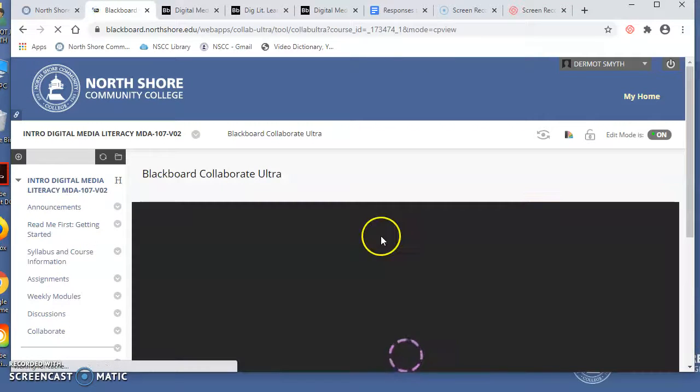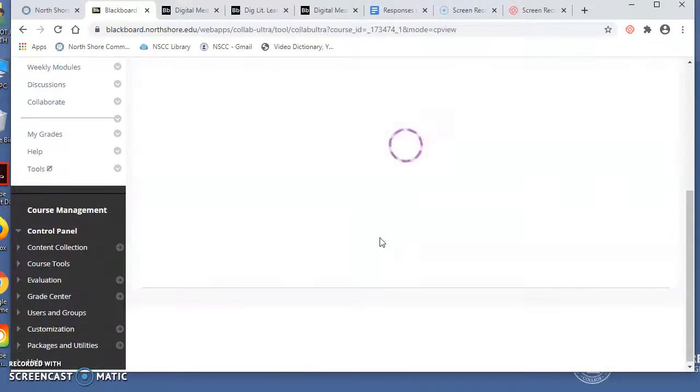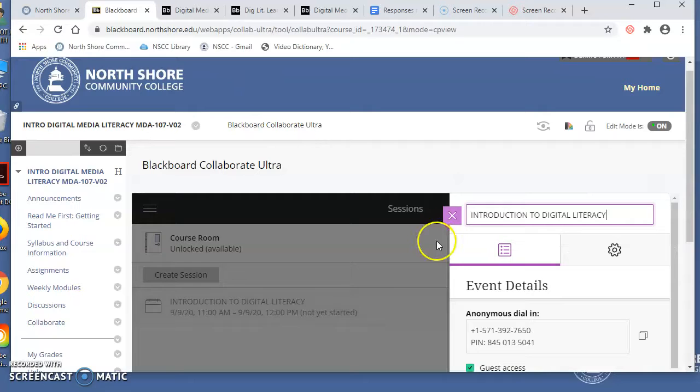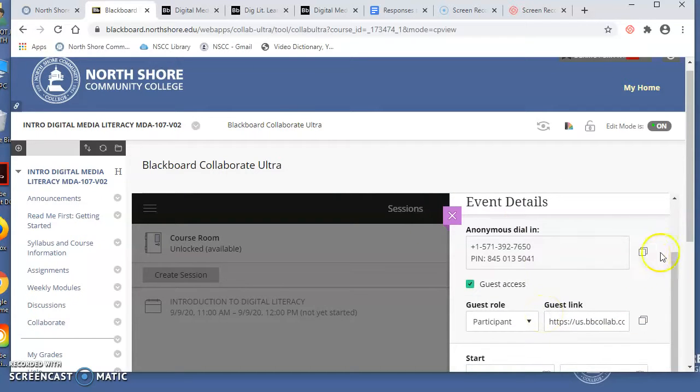You can access those there, but I'm actually going to send you a guest link each week. And the guest link will be copied here, and I'll email it to you the night before a lecture and then 15 minutes before we start. So you'll get those directly. And as far as accessing the virtual classroom, you just click on the link. It'll probably prompt you to sign in with your account. You type in the name that you want to announce.